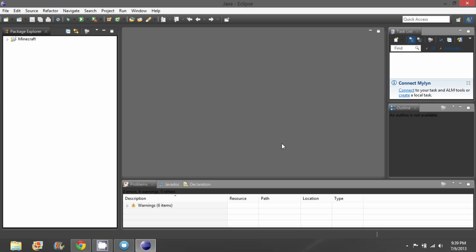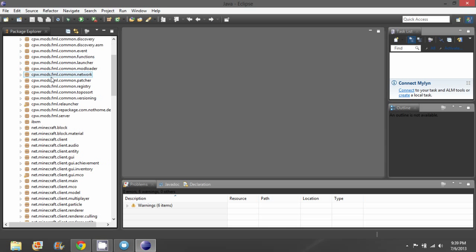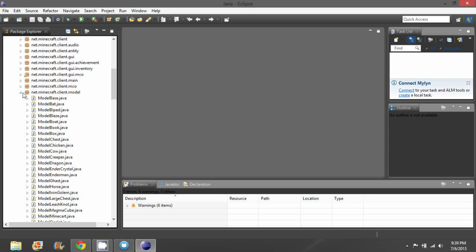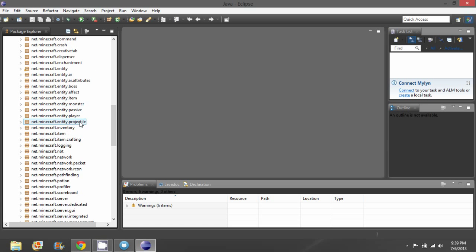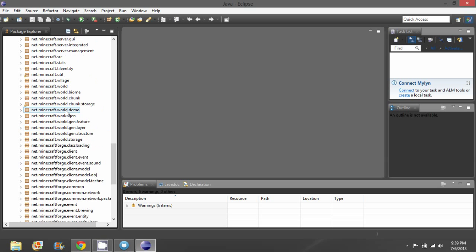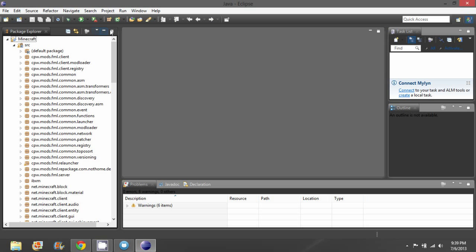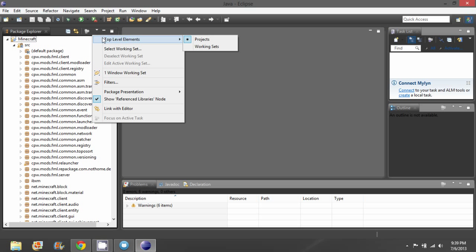And it's done. Now if we go in here, source, and wow, there's a lot of these. That's a really large amount. So what I do to fix that is I click the view menu button, which is by the link with editor. Man, this looks so different. And go to package presentation and change it to hierarchical.